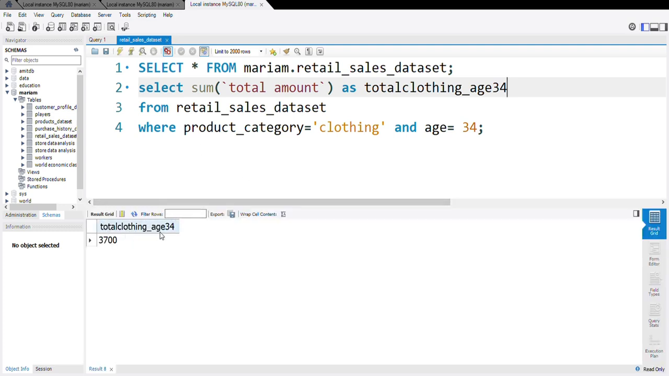Also, if you want to know the total revenue generated from both genders, we are going to be using the group by function because we want to group by gender. So we say select sum total amount,